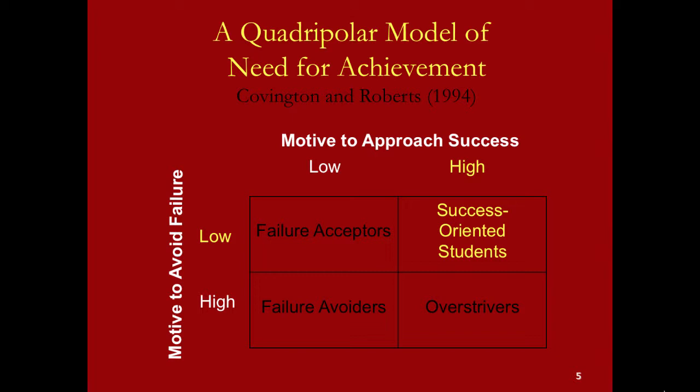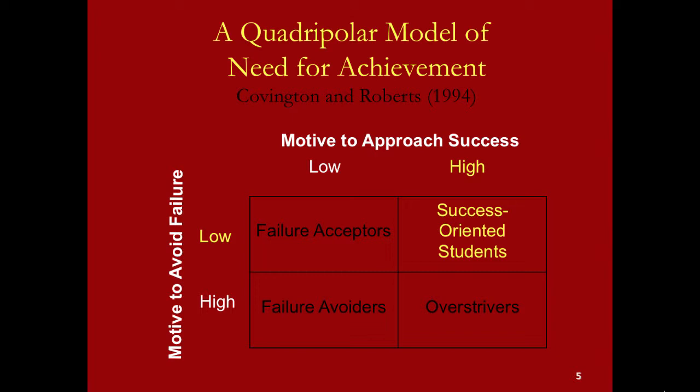This student does not have a lot of anxiety because their motivation to avoid failure is low, and so this student will not only actively choose to engage in a task, but they will actively choose challenging tasks because they know that if they encounter failure with a task, they'll be able to use this failure as learning and improve in the future. They're not anxious about being seen as a failure or failing in general. These types of students see failure as more of a process than an endpoint.